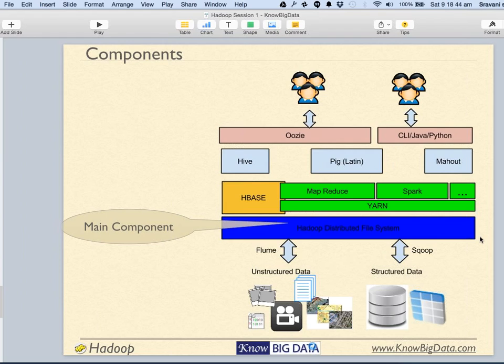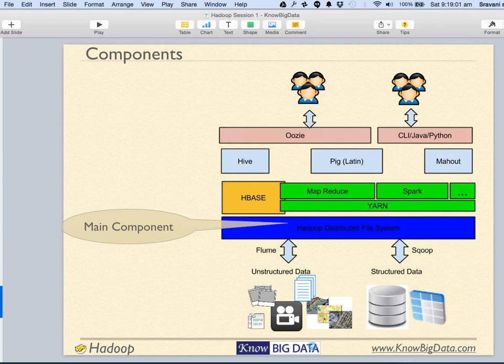That's why it's called MapReduce. Basically we are mapping some data to one processor. We'll go into the details of MapReduce dynamics in the next session.